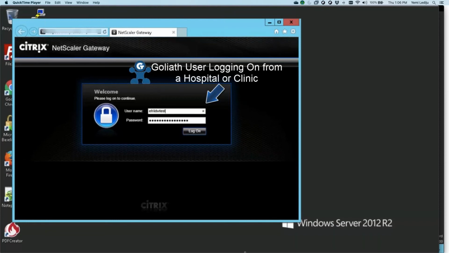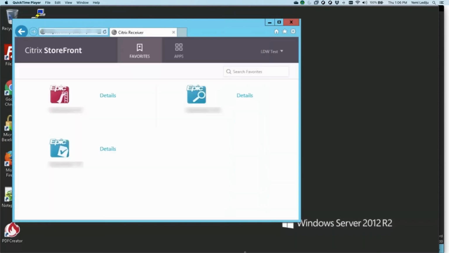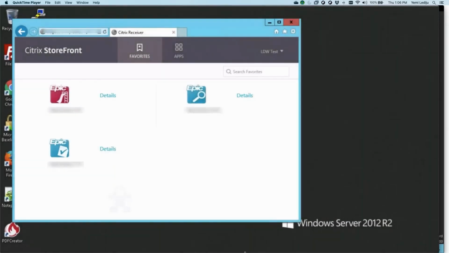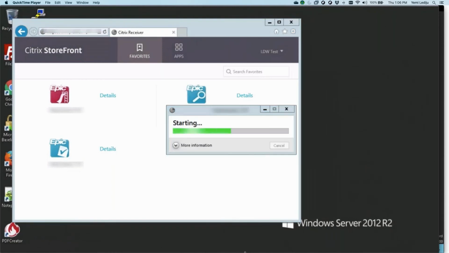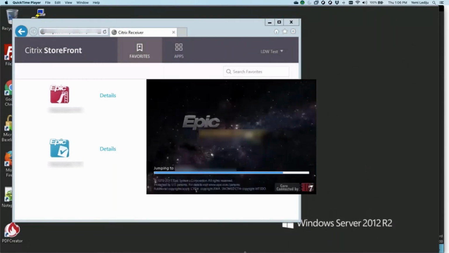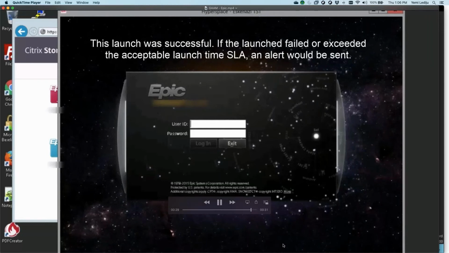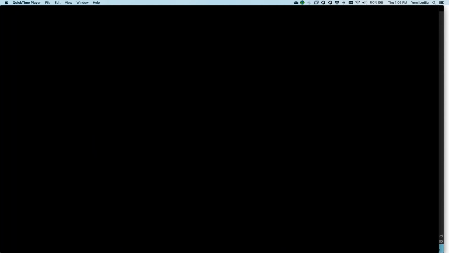It's able to log in the same way an end user would. It's then able to accept any security statements, confirm that the storefront page loads. It can navigate the storefront page if needed, and it will then launch the application, just to make sure that there's a successful presentation of the application. Once it does that, it logs off. And if there are any issues with any step of that process, IT gets a real-time alert and the ability